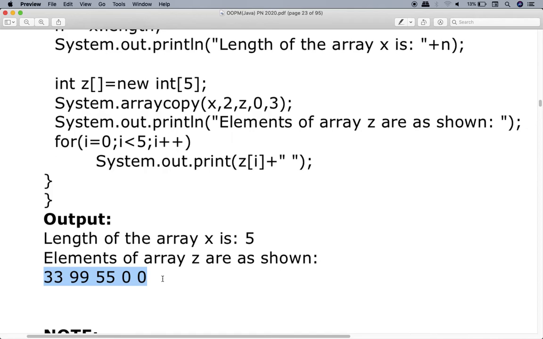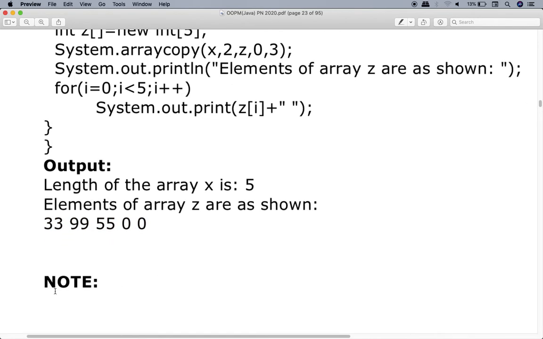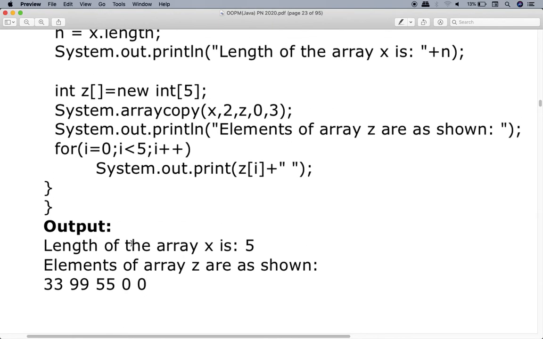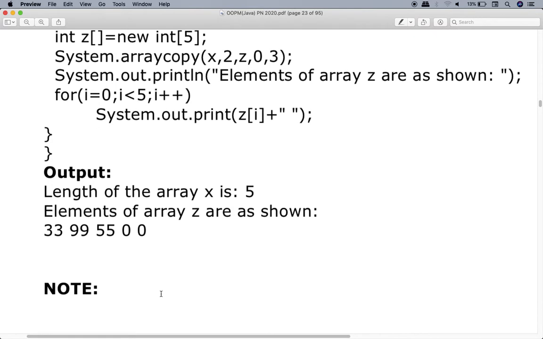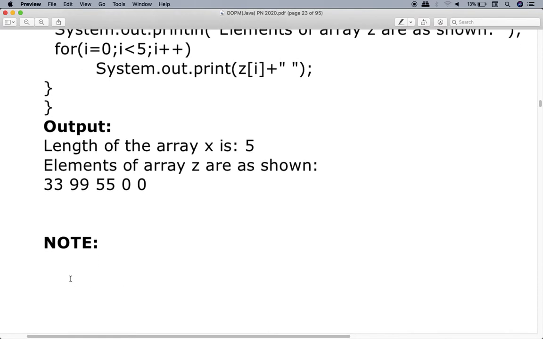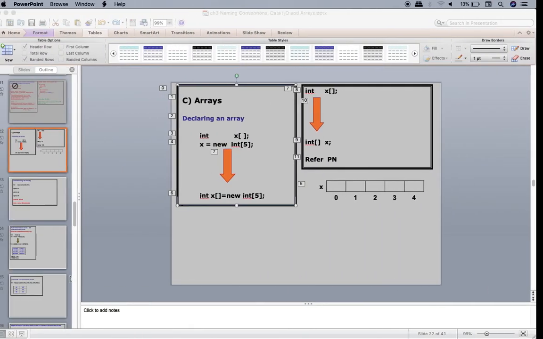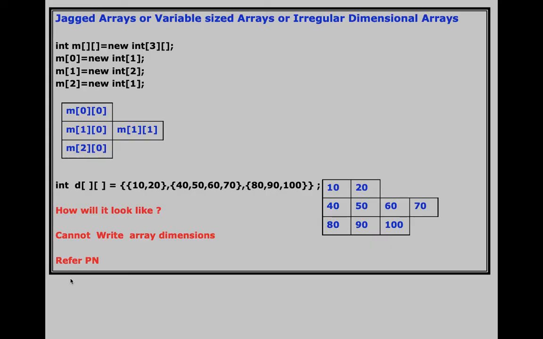What I suggest is, you write a note in your own words. The first note should be that in Java, the elements of the array are initialized to 0 by default. And the second note should be that you make this statement number 1, this one. And then you write that if you remove statement number 1, the output will be 0, 0, 0, 0, 0. So write the 2 notes over here in your own words. Come on. Okay, so I hope you did that.